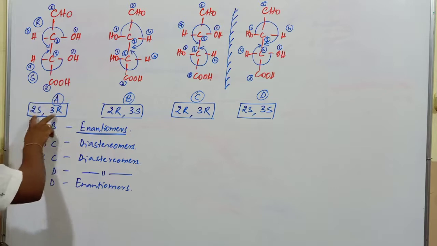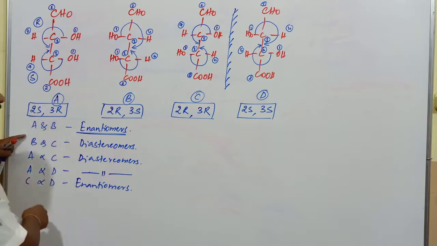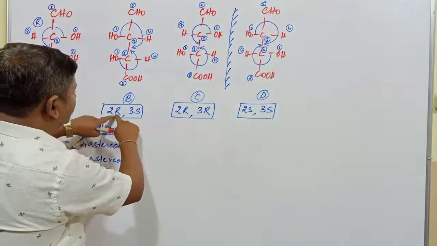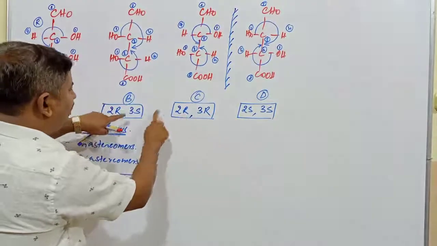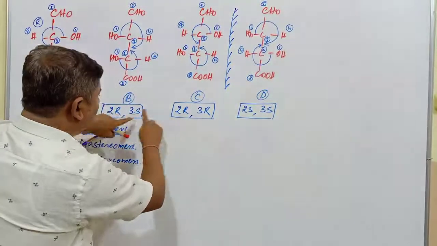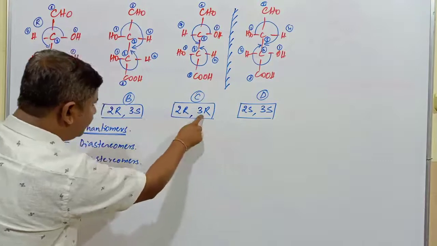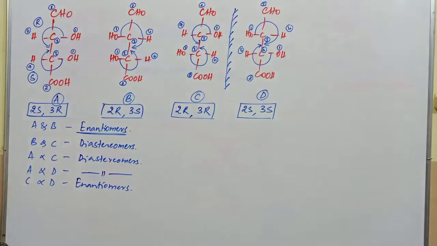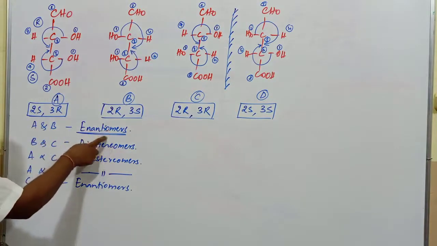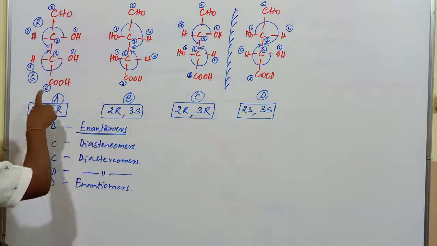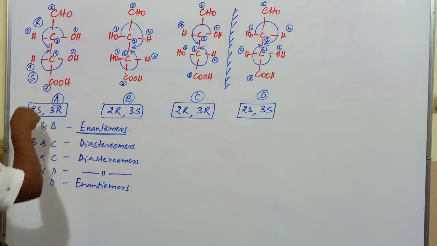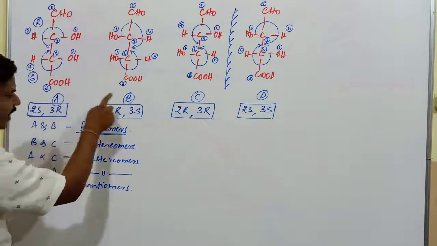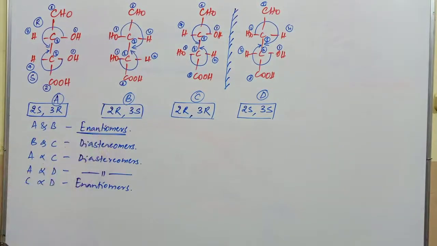If on only one carbon atom, for example B and C, R remains as it is on the second carbon atom, but on the third carbon atom S converts into R, and only one carbon atom change is observed from S to R or R to S, those are commonly called diastereomers. Enantiomers are the corresponding compounds of the molecules, where the configuration changes on both carbon atoms, S into R or R into corresponding S. Those species are commonly called what?